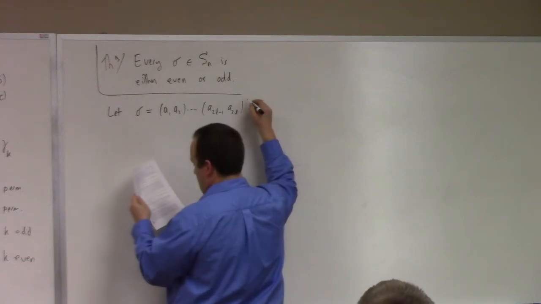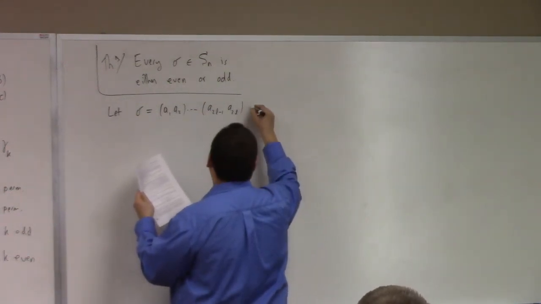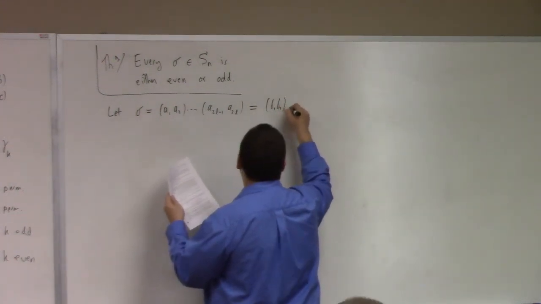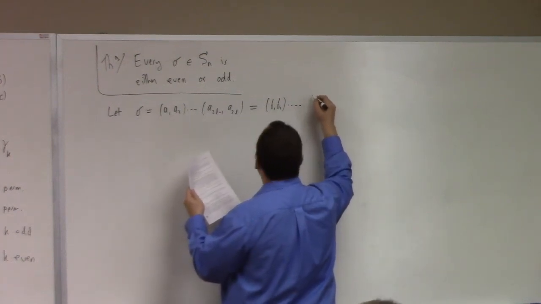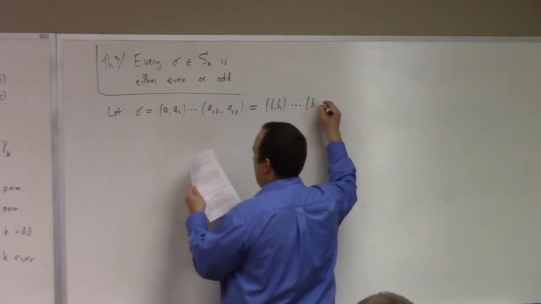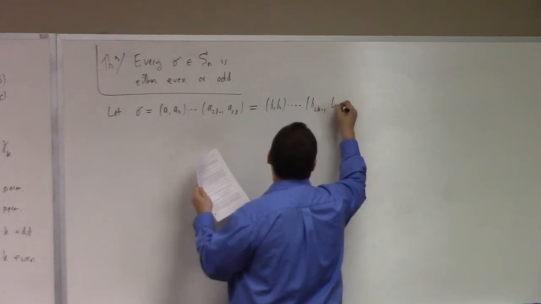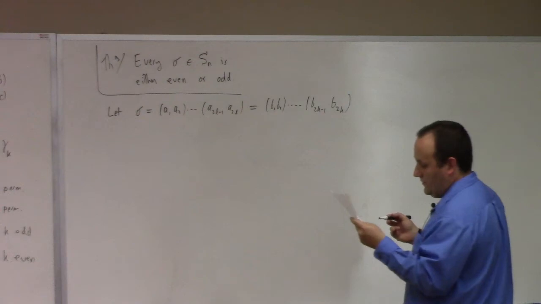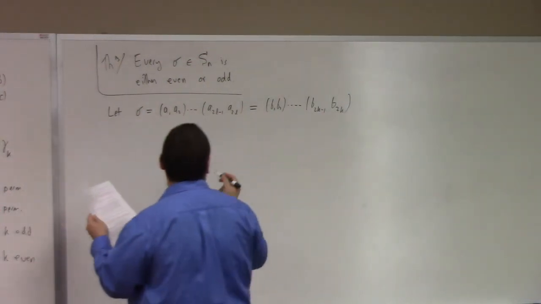And we're also going to suppose that it can also be written as B1, B2, up to B2k minus 1, B2k. All right. So notice then,